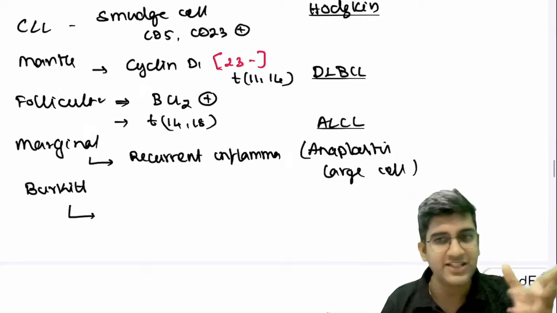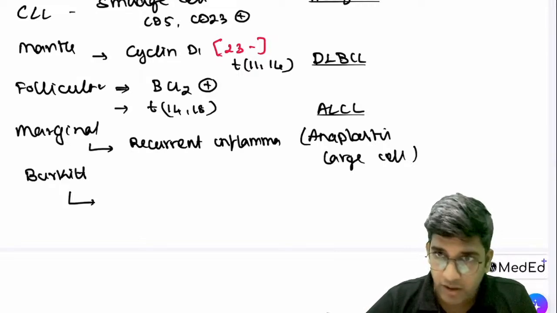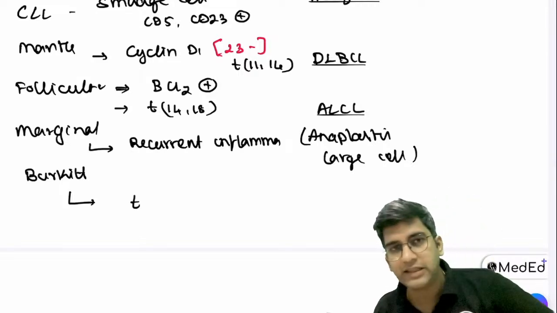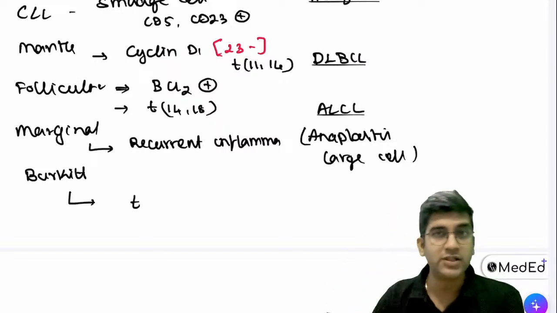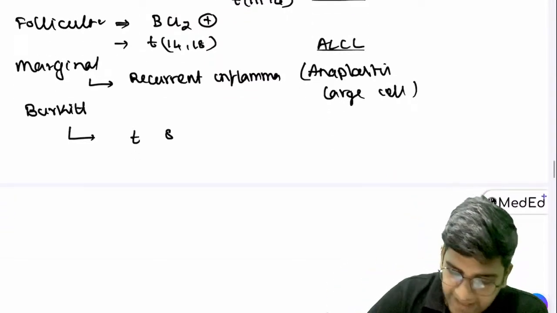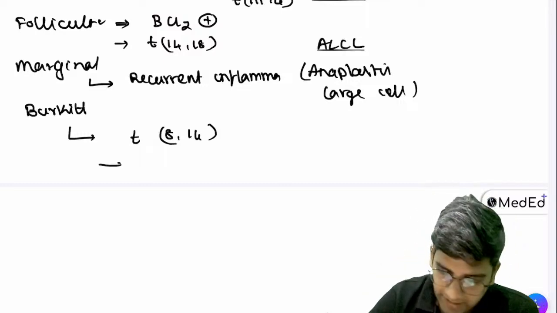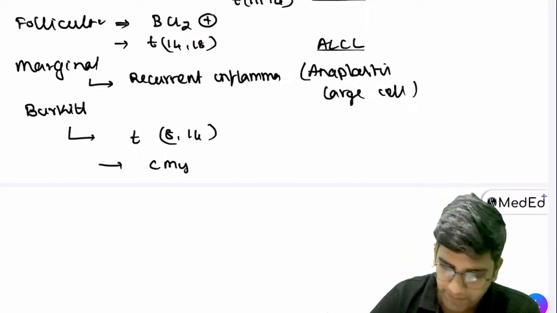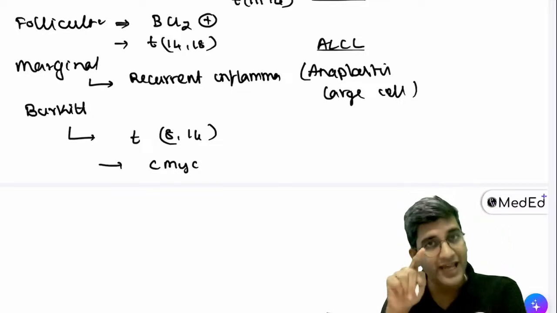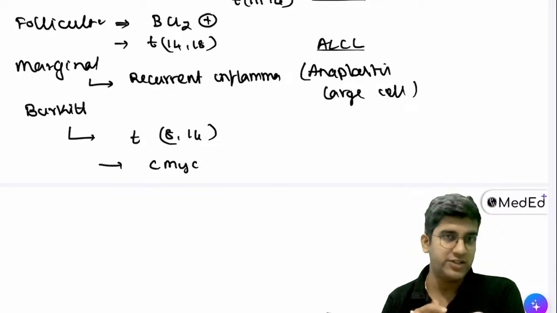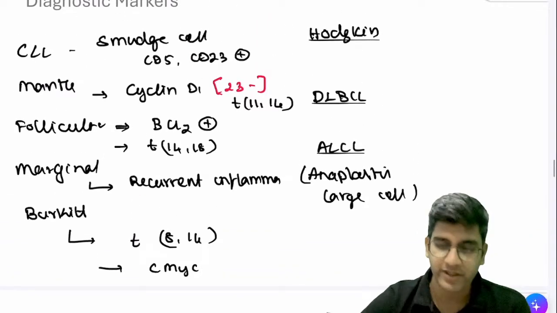Burkitt's: obviously the history is there. I'm not repeating the history, right? So we have a translocation. Nitin, I'm not going for the marginal translocation because it's multiple. If there's one translocation, it's worthwhile to remember, right? t(8;14). 14 is again common, 8 is for Burkitt. Perfect. And it is C-MYC. C-MYC is a classical marker because the 8th chromosome has the MYC gene. That's a classical marker for Burkitt's lymphoma. And obviously you guys know the starry sky appearance, right?